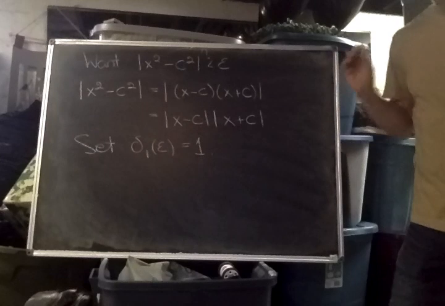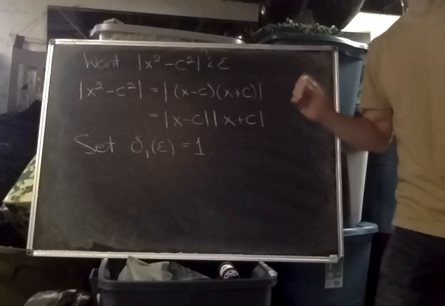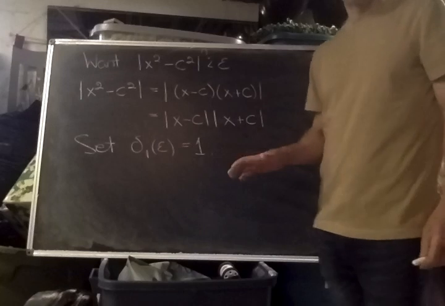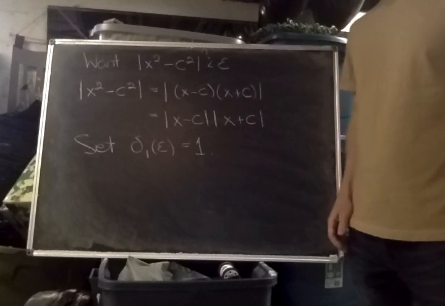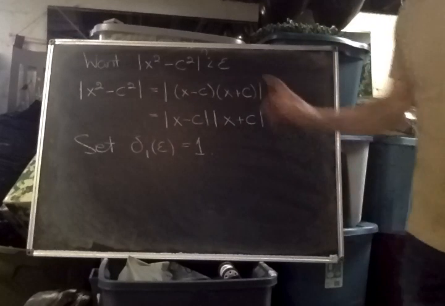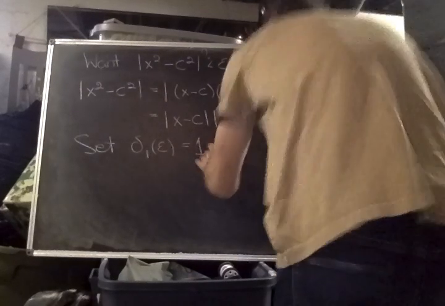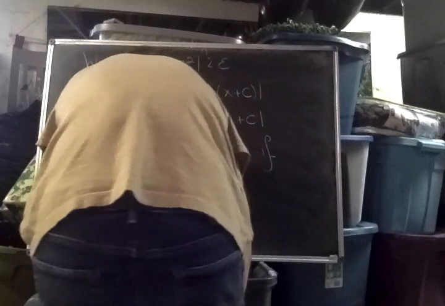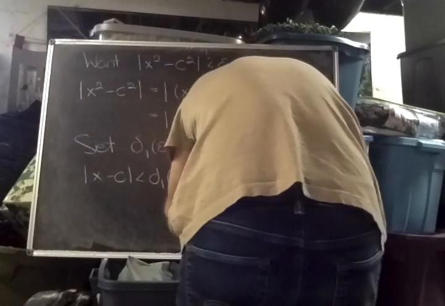Well then, that doesn't tell you exactly what x is, but it puts a pretty short leash on x, okay? It tells you x cannot stray particularly far from c, and that will be enough for us to get a handle on how big this thing is here, okay? So we set delta 1 of epsilon to be equal to 1. So if x minus c is less than delta 1 of epsilon, which is equal to 1,